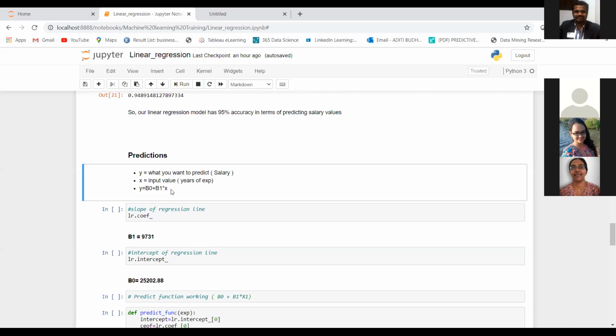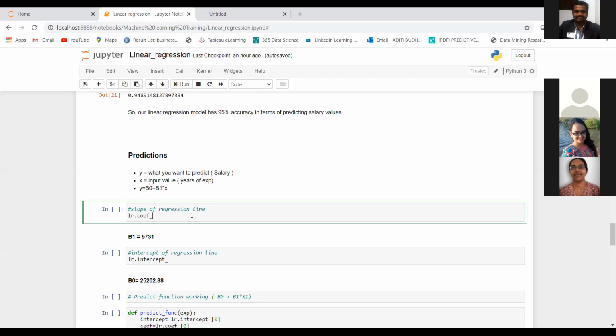The x values will be the unknown values to our model, and it will substitute those values in x and calculate the y, because beta 0 and beta 1 it has already figured out.